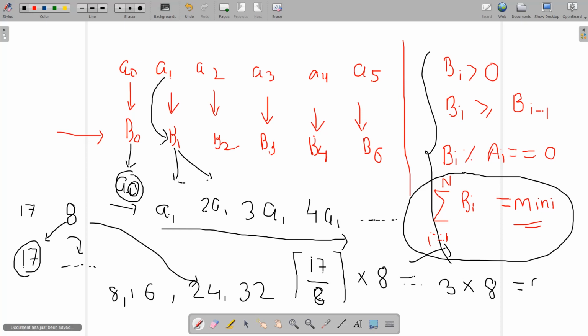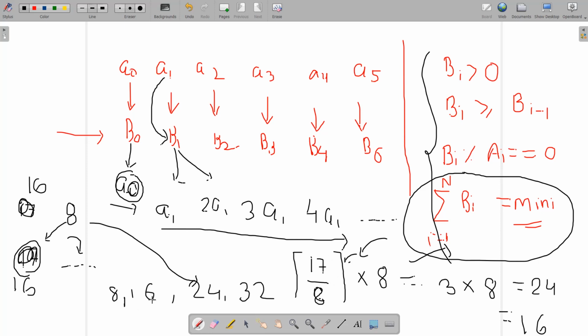So you may be wondering how we got this simple mathematical formula. This is not a formula, this is common sense. You can think about how to get the least integer which is greater than or equal to this one. Suppose here exists 16 and this is also 16. In that case, the ceiling value is going to be an integer, like 2 into 8, and it will come out to be 16. So 16 will be the least positive integer.